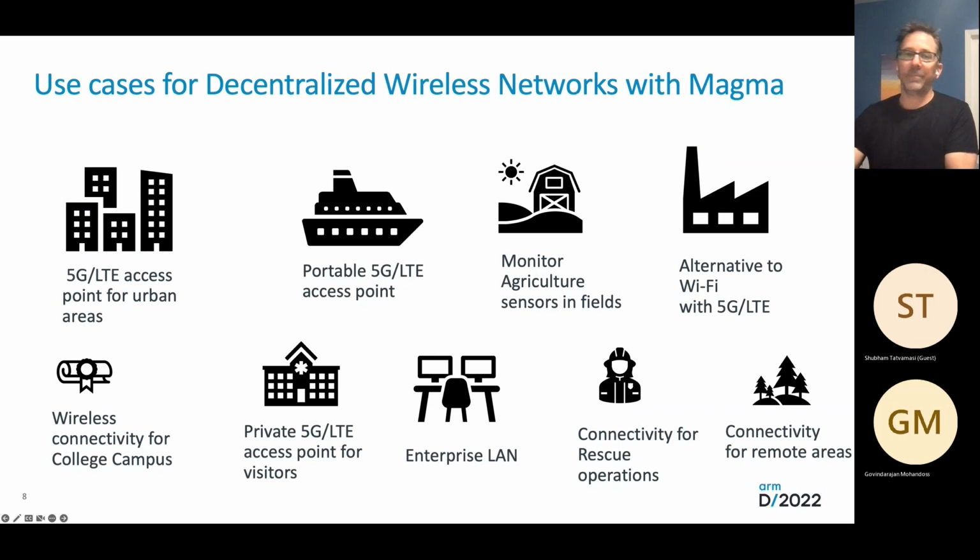Now, this picture here is just to highlight the uses of a decentralized wireless network like the Project Magma and what it offers, right? So when you think about different use cases, the first image here is of apartment buildings. So imagine that you've got an apartment building and all the users in this apartment are looking